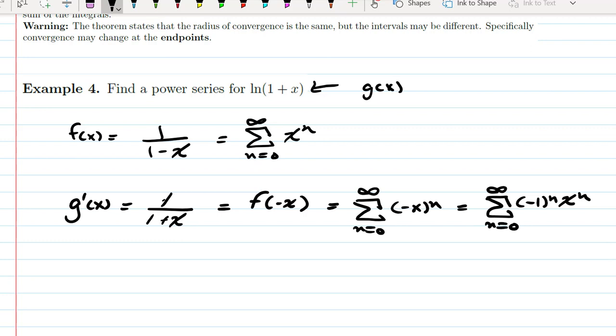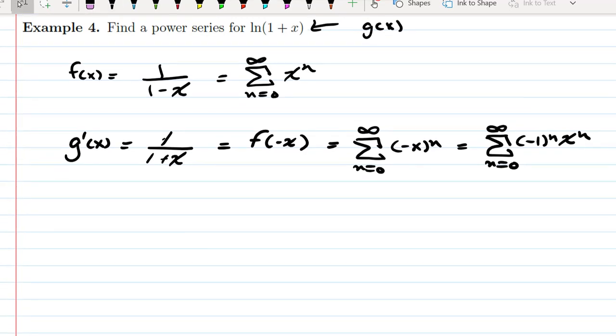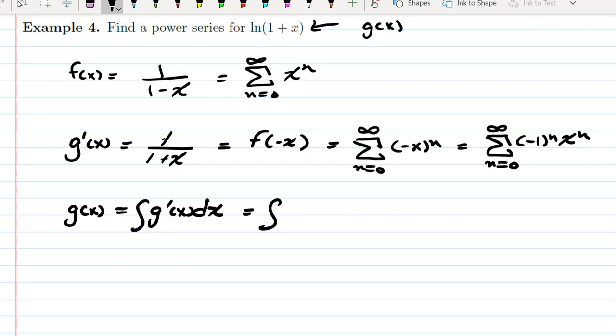Okay, well, we now know that g prime of x is equal to that series, right? Well, we want g. Well, g of x would then be the integral of g prime of x dx, which would be the integral of that series, so the sum as n goes from 0 to infinity of negative 1 to the n, x to the n